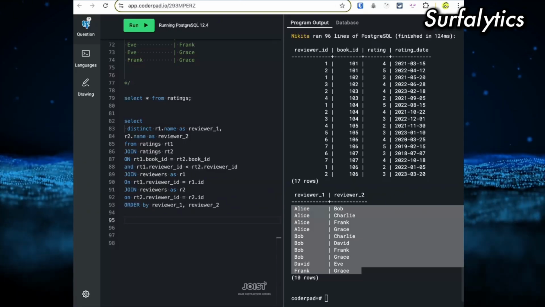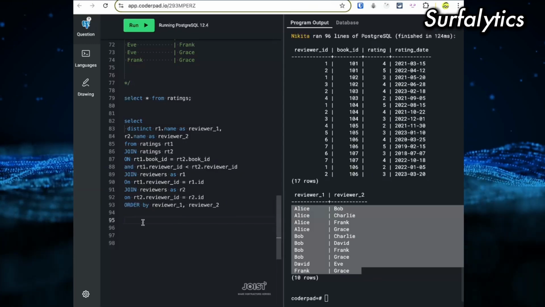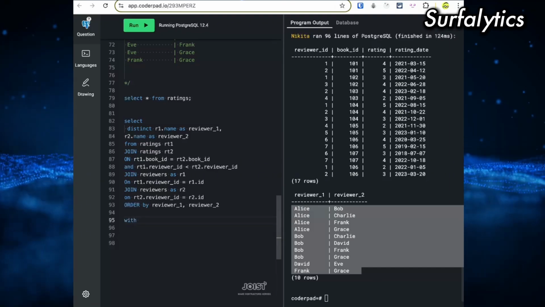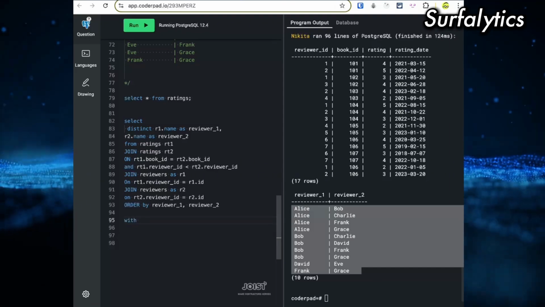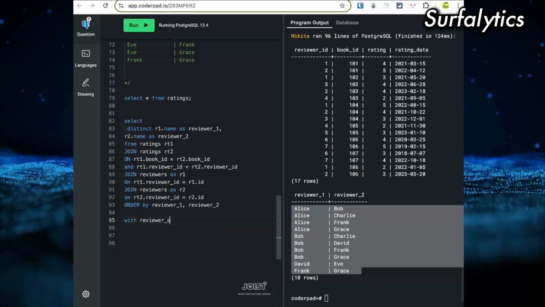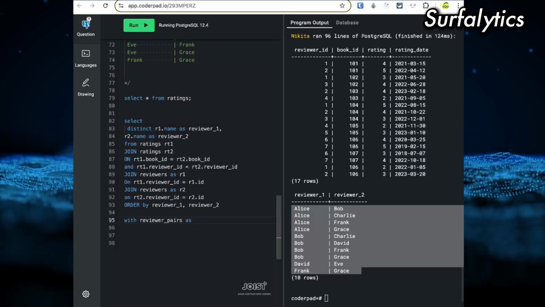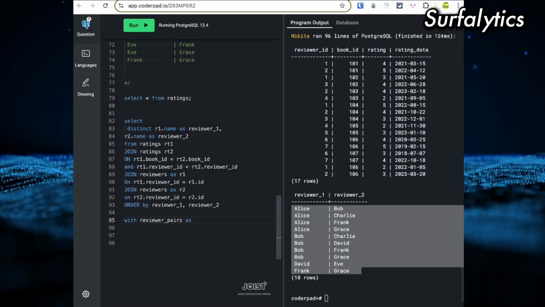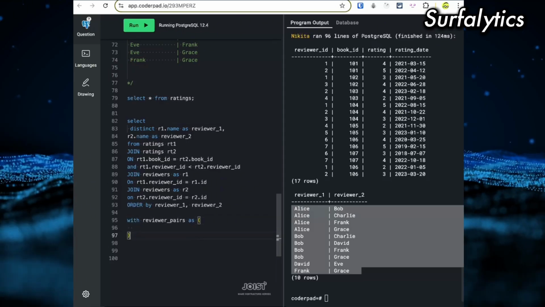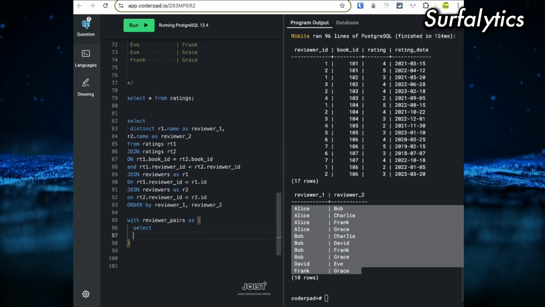adding reviewers table, for example reviewer pairs, as for example, let me think.